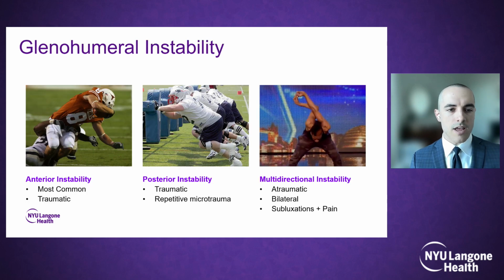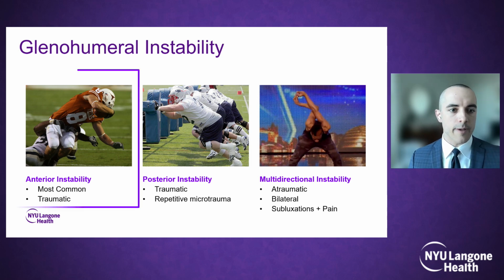And so there are several variations of glenohumeral instability. It's typically classified by the direction of instability of the humeral head and by the mechanism of injury, whether it's traumatic, atraumatic, hypertonic contraction of the shoulder, such as in a seizure, or just baseline laxity seen in patients with MDI. But for today's talk, we'll be focused primarily on traumatic anterior instability, which is the most common variation of